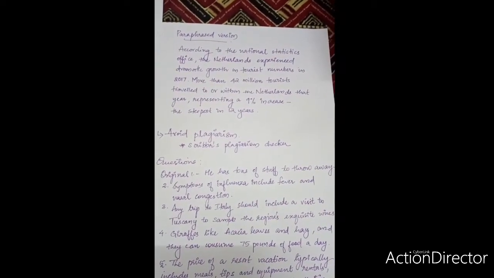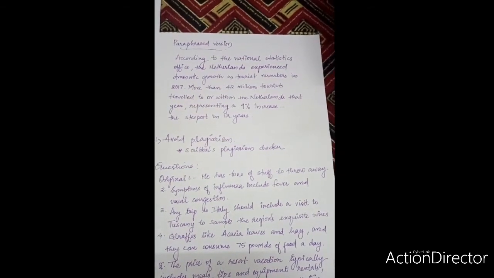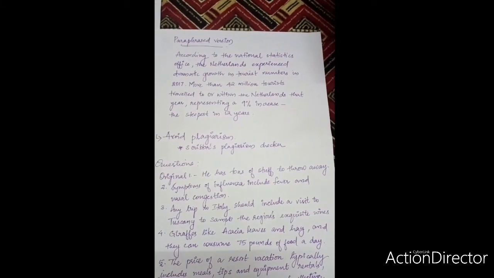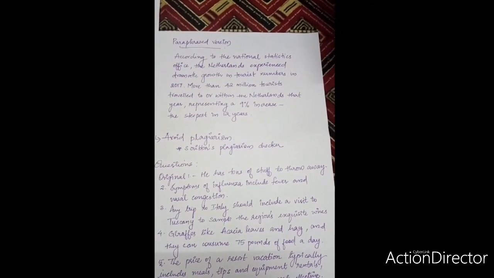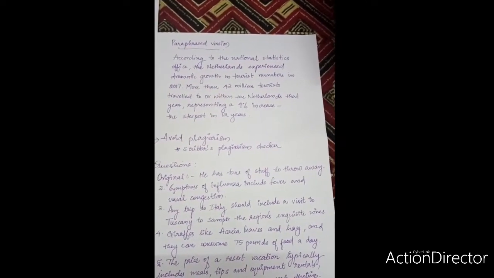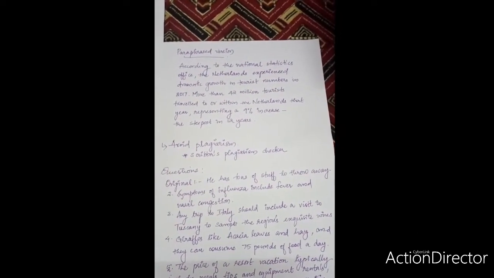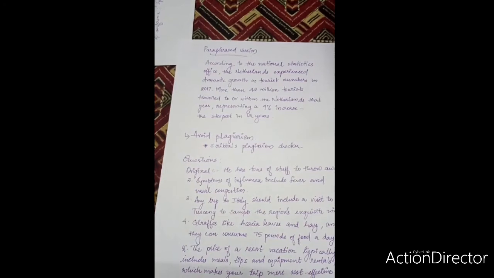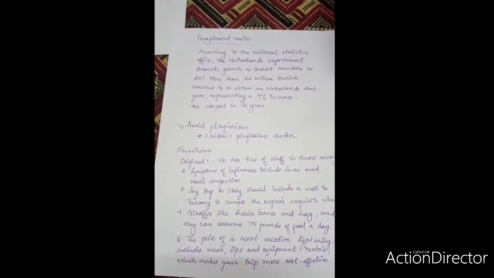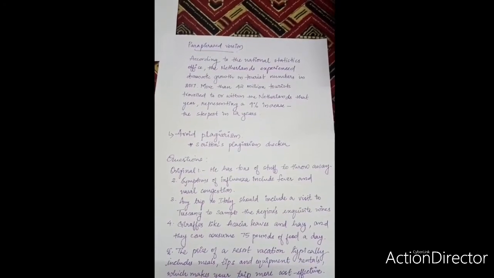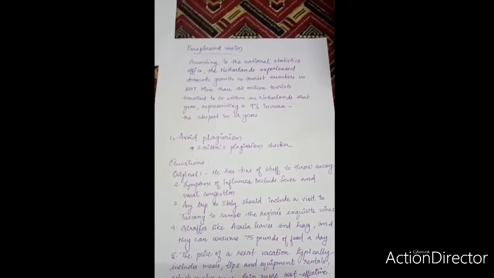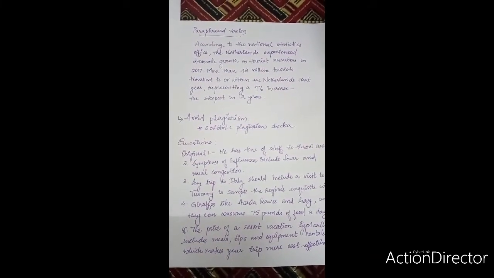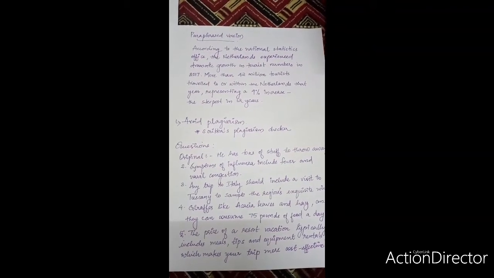Question 1: He has tons of stuff to throw away. So you have to paraphrase this version. Maybe for the first one, I can give you an example of how to paraphrase it. So the question is, he has tons of stuff to throw away. You can paraphrase the first question as, he needs to get rid of a lot of junk.